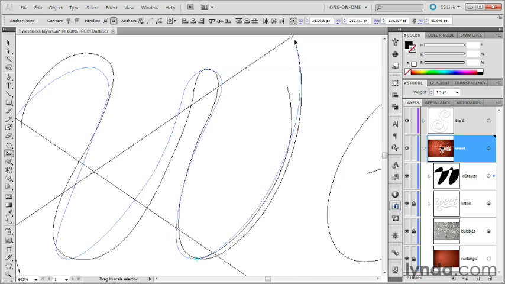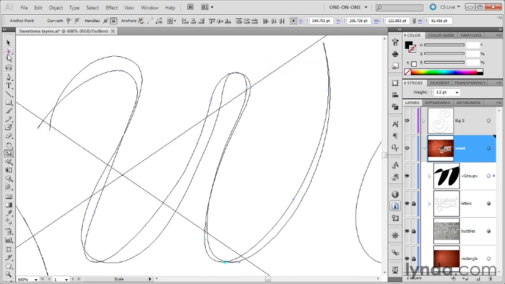And you don't have to press the Shift key this time around. We're not interested in scaling these segments proportionally. That looks pretty good. Now we need to reshape the path. And I'll do that by first switching back to the direct selection tool,